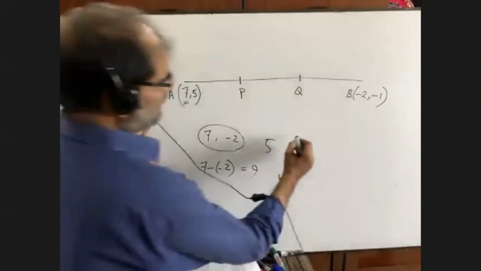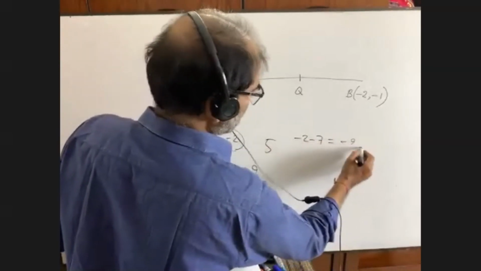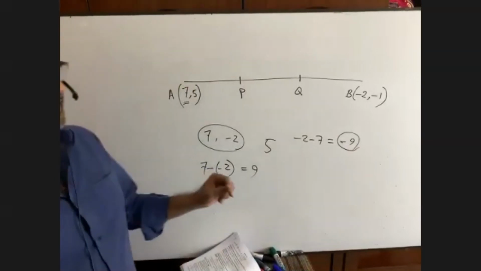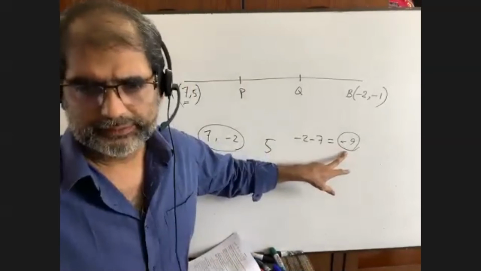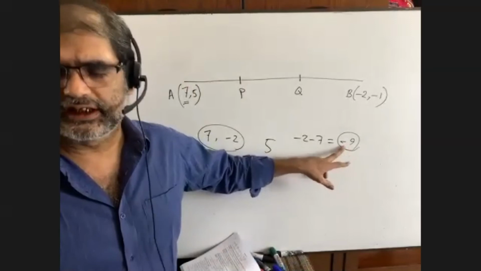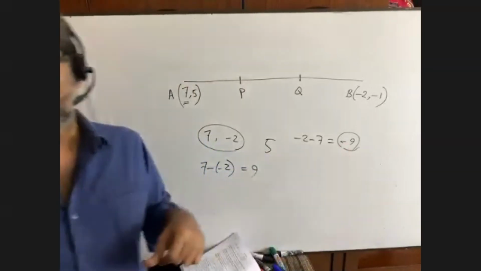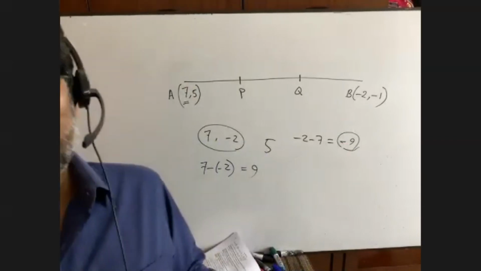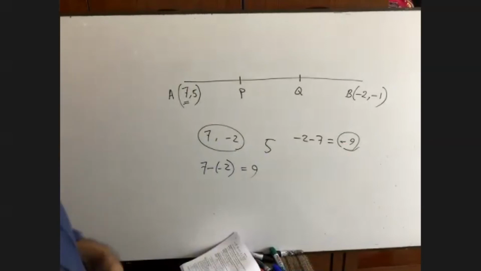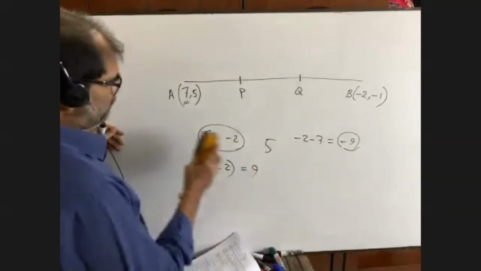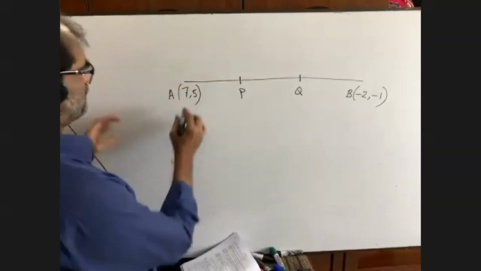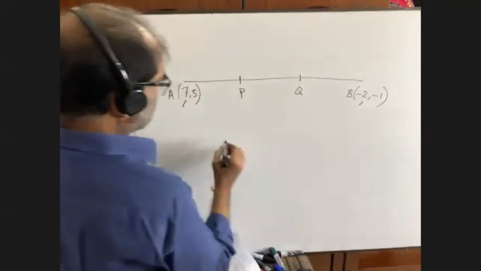But you can tell me, sir, I can do -2, -7. -9 cannot be the distance. I told you from class 9 and 10 that distance cannot be negative. Can you remember, please? I cannot tell you that the distance between Newmarket and Dhalmundy is -2 kilometers. I cannot say this, right? So when it is negative, then at first you have to find the distance. What is the distance between 7 and -2? You told me 9, right?